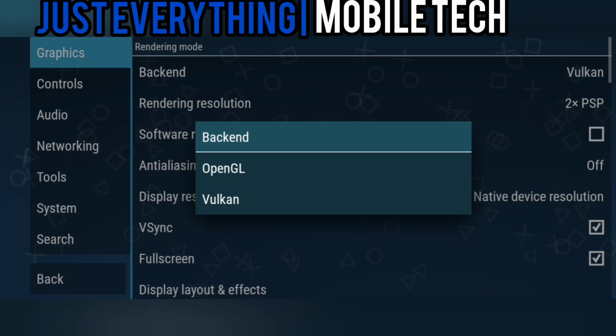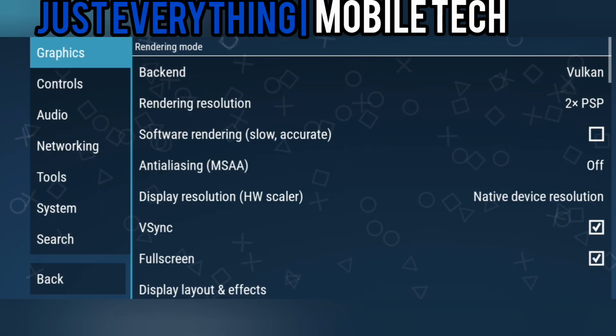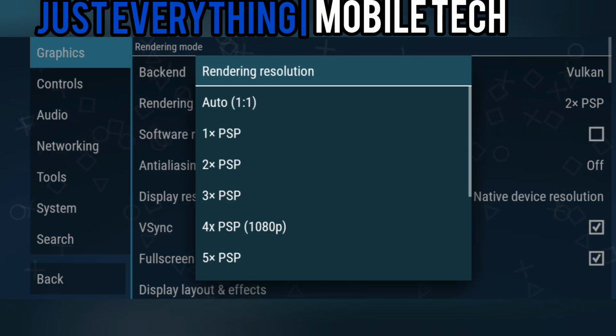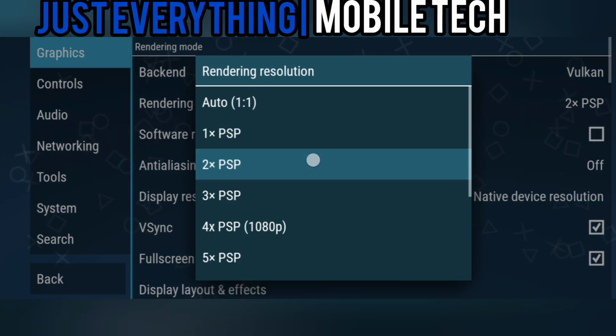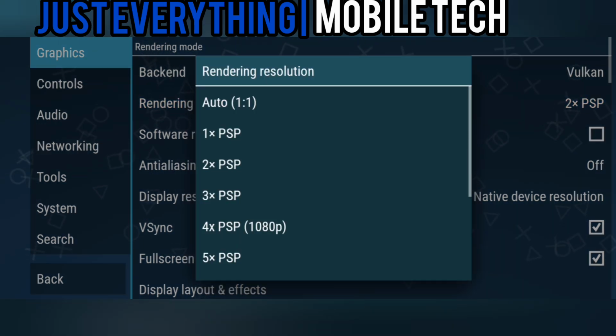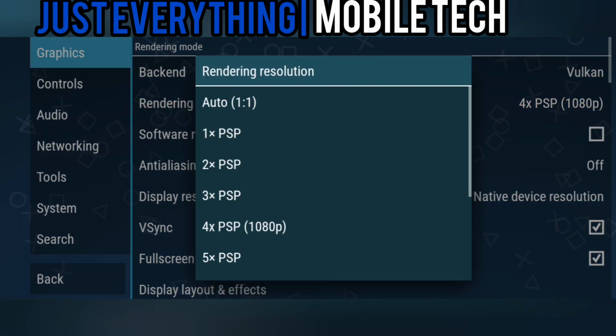You just have to test it out on your certain games by creating game settings, so it won't affect the general settings. But in this video we're going with Vulkan, so we'll be clicking Vulkan as our GPU renderer. The next thing is our rendering resolution. The most compatible setting right here is 2x PSP, but for a high-end device you could try experimenting with 3x PSP or 4x PSP, but the most compatible setting for best performance is going with